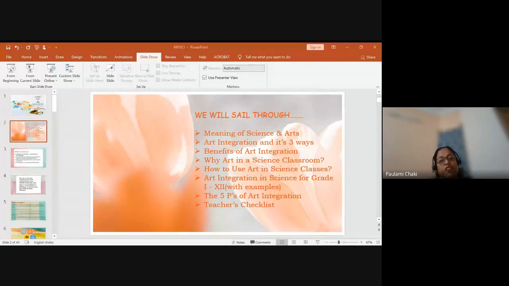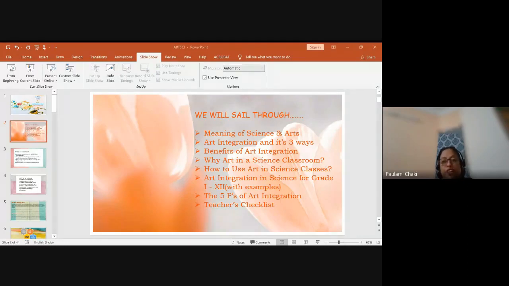Now I will come to the benefits of art integration. There are multiple benefits of art integration. I have taken a few main ones. Art integration always leads to students' participation. They are actively participating in the classes. And as a result, what happens? There will be long-term knowledge retention. Whatever topic we are teaching will be retained long-term by the pupils. It is holistic and experiential learning always. Then it also helps to inculcate 21st century learning skills, which is very, very important, which I discussed in my last webinar also.